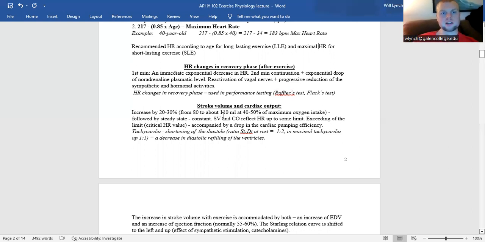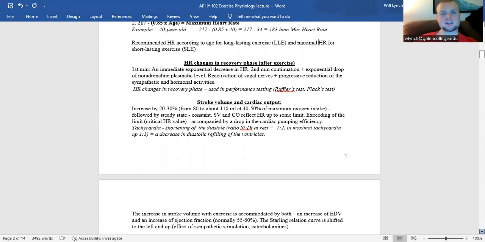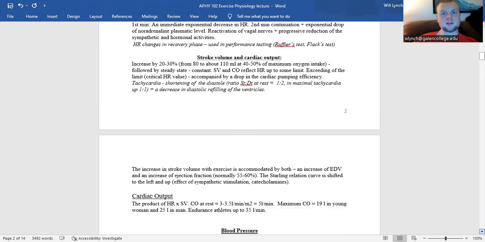Stroke volume and cardiac output. Stroke volume is going to increase by about 20 to 30% at roughly 50% of the maximum oxygen uptake, or 50% of your VO2 max. This is going to be followed by a steady state. So at that time, after we get to that point, the increase in blood flow is going to be reflective